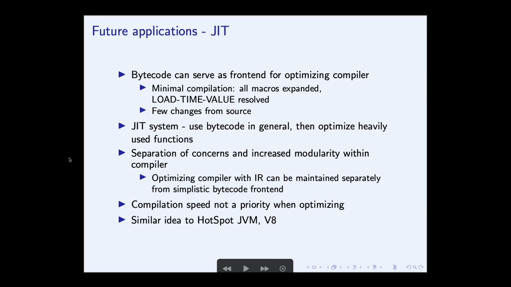There's a question from the chat, which is, would it be easy to retarget a compiler to other IRs, such as Java bytecode or .NET IR? So I don't have to repeat it because it's from the chat. Yeah, that's fine. Okay, so